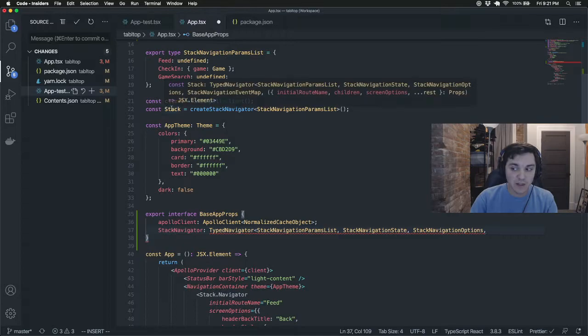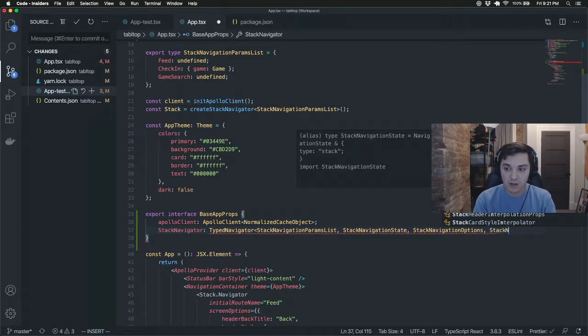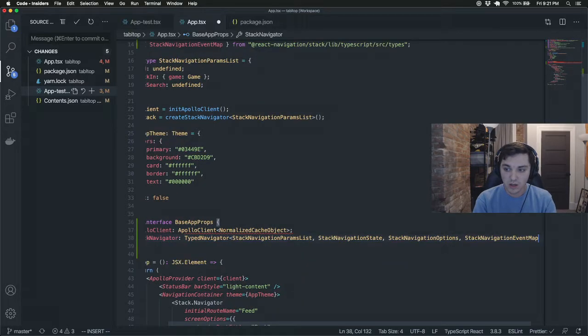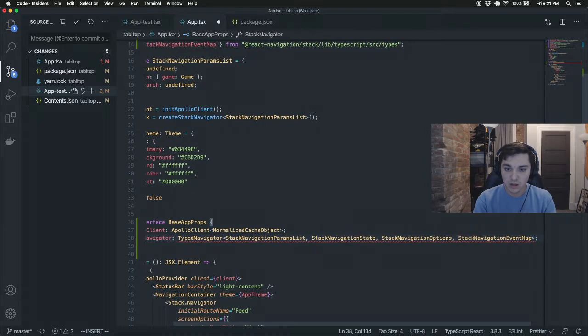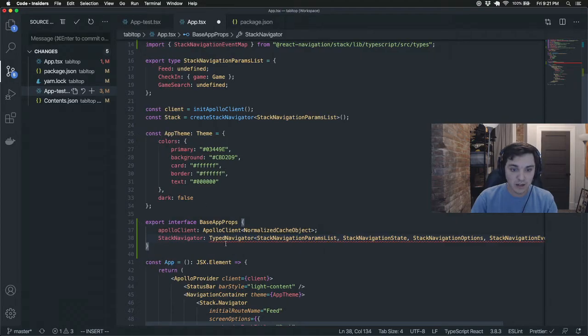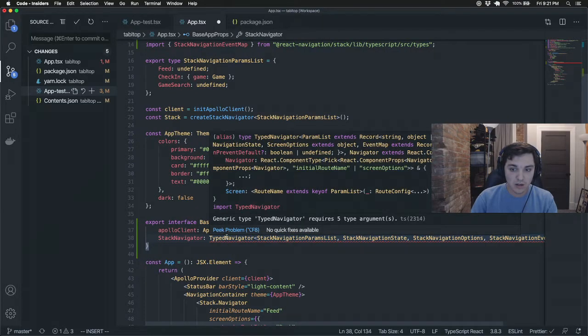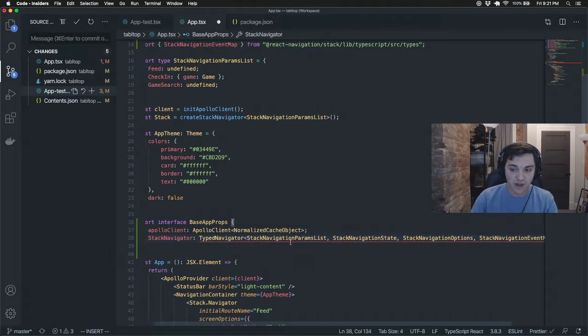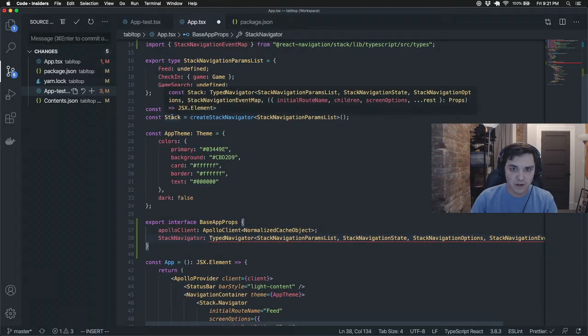And again, I'm just copying this from how this is already set up right now. And then stack navigation event map. Is that it? Requires 5 type arguments. Okay, what's the 5th? And the last one is